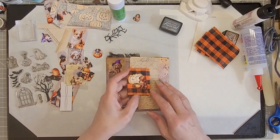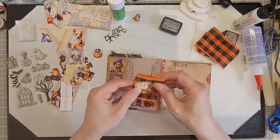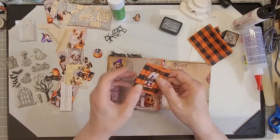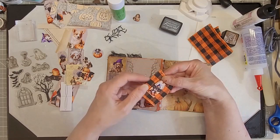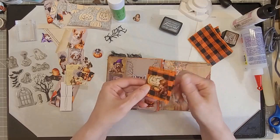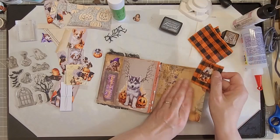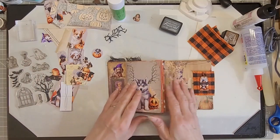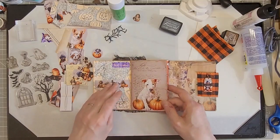This is the other thing I've already done: this is a hidden paper clip, because you can use hidden paper clip with material as well. This is a ribbon, and this is a wee tag that I've used the bits I took off to fray the ribbon to put through. That's one of the wee tags. There's one of the wee fussy cut doggies, and that's a pumpkin from the pages. So I've got some of the pages done, some of the pages still need some work,